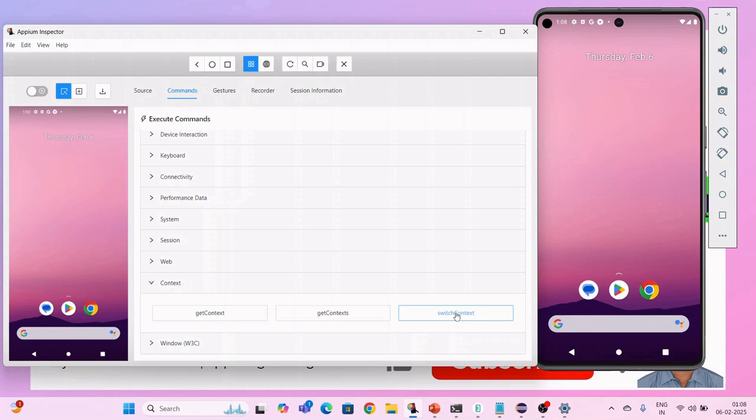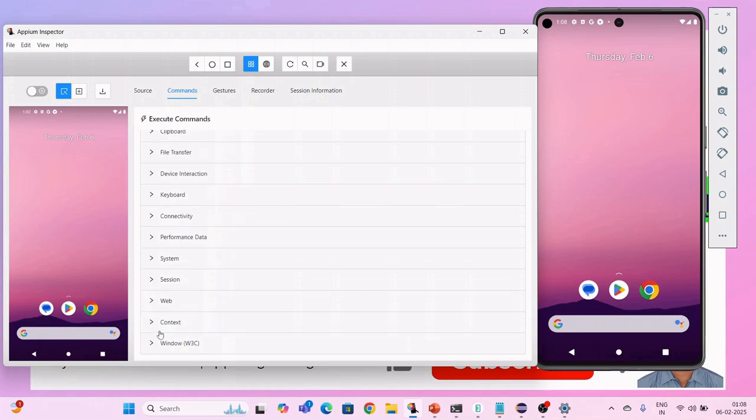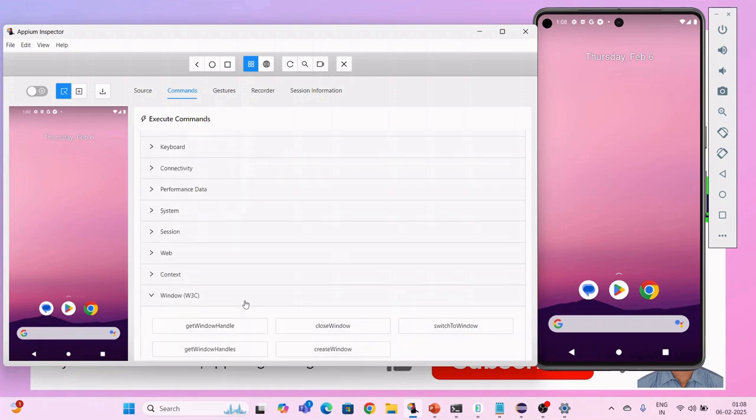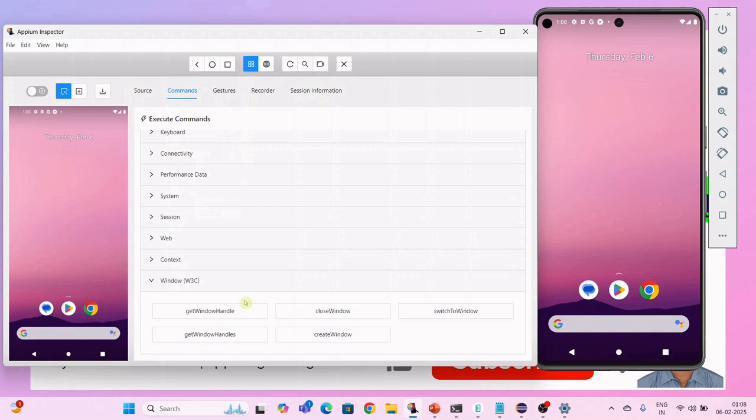So by using this context command, we can get context, get contexts, and switch context. Okay, and the last section is the Windows W3C. Under this we can get window handle, close window, switch to window, get window handles, and